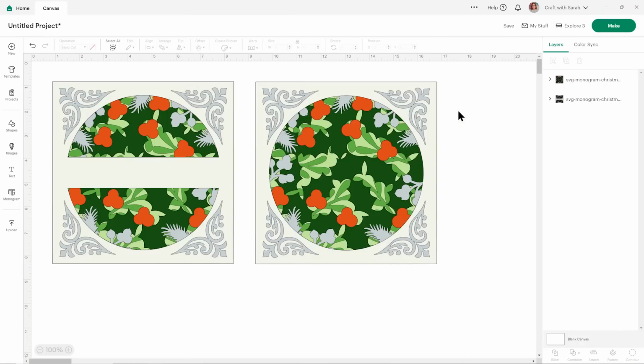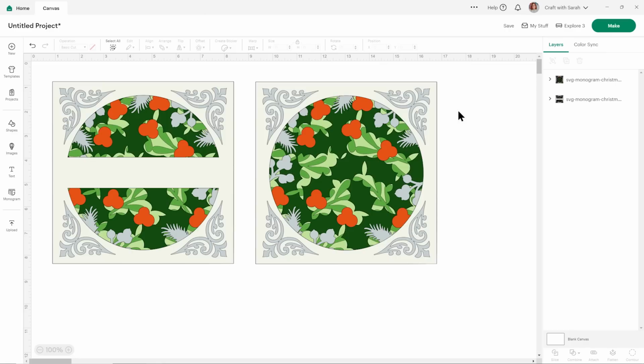The download folder for today's project includes two versions of this shadow box. Each one is a separate SVG file, so if you want to make both of them, you'll have to upload each SVG to Design Space one at a time. If you're not sure how to do that, check out the schedule page for the Christmas Craft Countdown, and within there, look for the Foundation Learning section near the top of the page. This contains lots of useful tutorials, but one of those is on how to upload SVGs into Cricut Design Space, and that gives you a full walkthrough of the entire process.